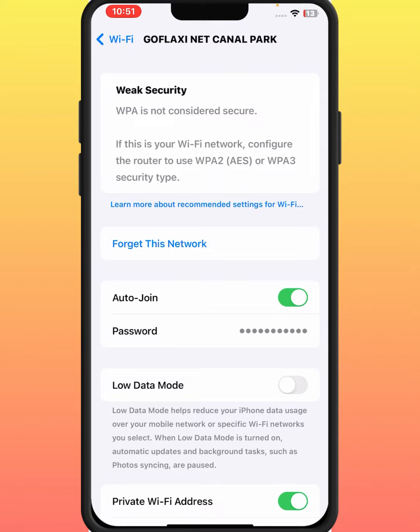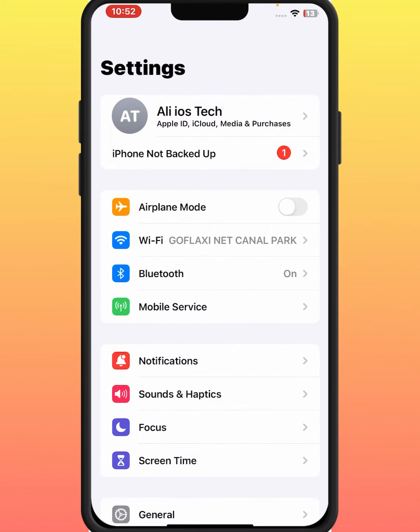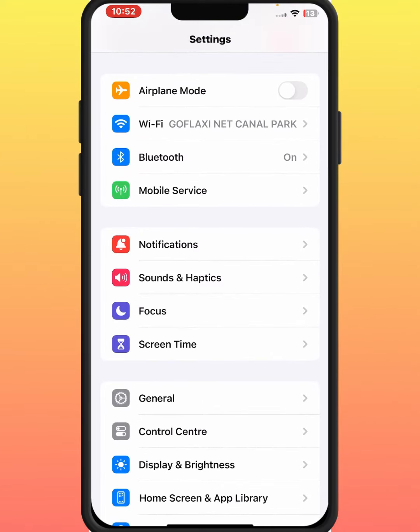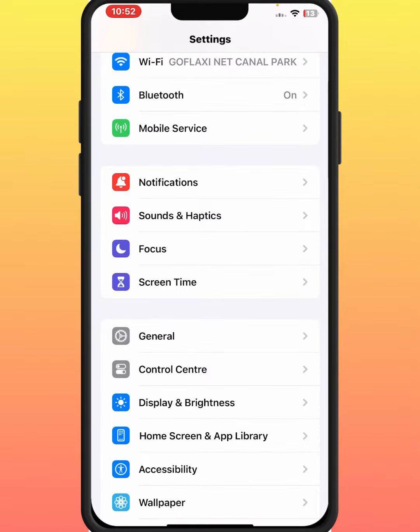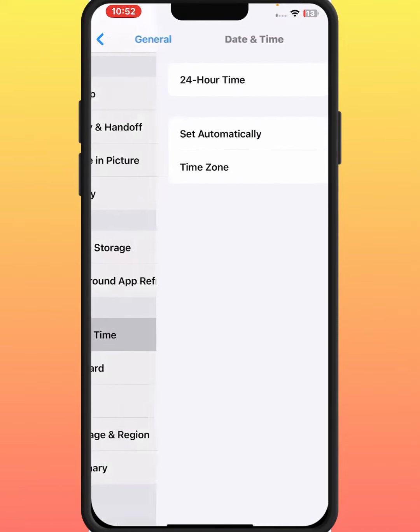After a few minutes, connect again, and after that go back. If you use mobile data, then turn on aeroplane mode for at least 30 seconds. After you have turned it off, check whether the problem has been fixed or not. If the problem is not fixed, then tap on General, then tap on date and time, and from here make